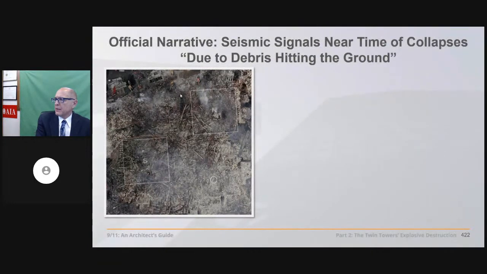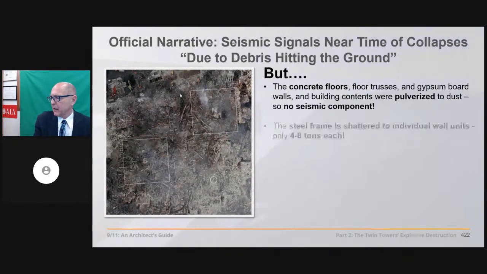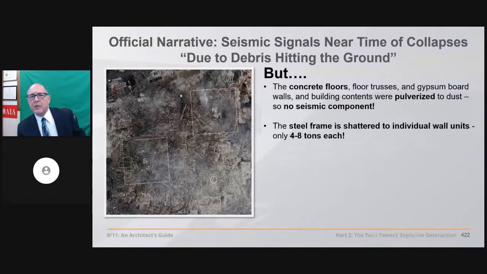NIST says, well, this is due to the debris hitting the ground, but let's examine this from another angle. The concrete floors were pulverized to dust, as you saw. Dust hitting the ground over 3 square mile areas, not producing any seismic event. The steel frame is shattered into its individual units and peppering the ground with 4 or 8 ton small units.